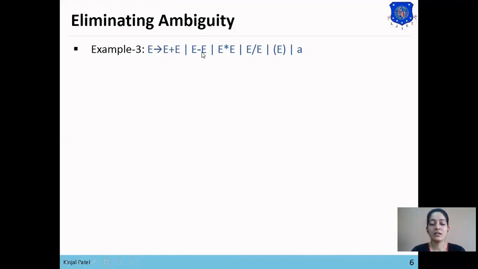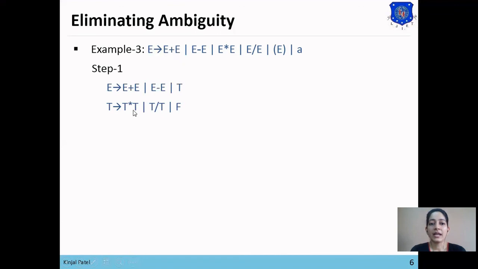So plus and minus will be at first level, star and division will be at second level and bracket will be at third level. So first step is to set our grammar according to the priority. So first we will set plus and minus at first level as plus and minus both have same priority. Now next level, for next level we have already generated new non-terminal T. So we will set star and division at the second level as star and division both have same priority.